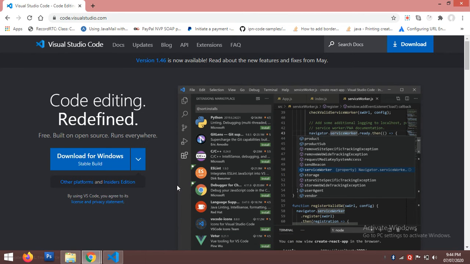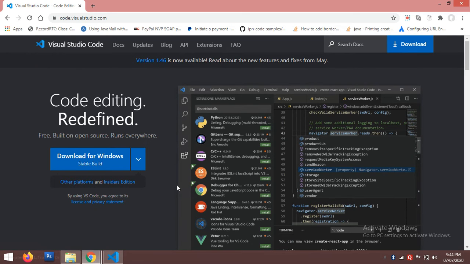Hi everyone. So today we will see how to use the most popular code editor called Visual Studio Code, and we will find out how to install this editor in your Windows machine. Then we will see how you can set up your GitHub project and do all your GitHub process like committing and pulling code and all these things from the code editor itself.